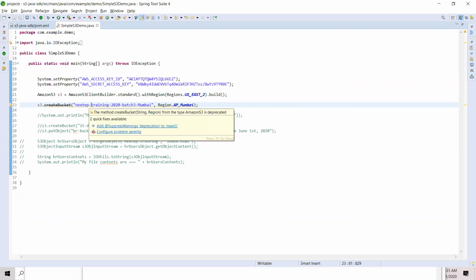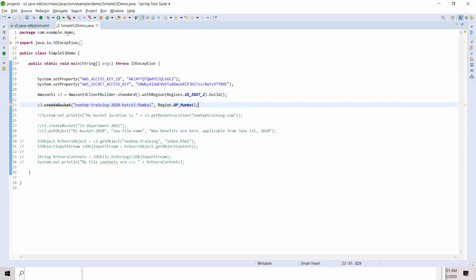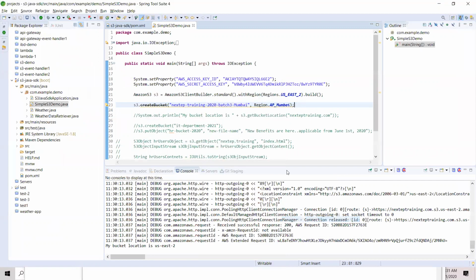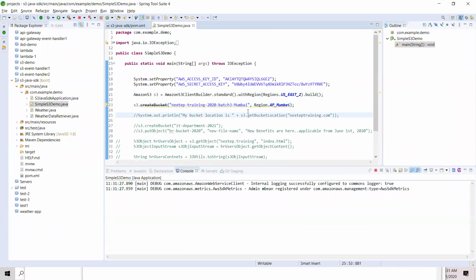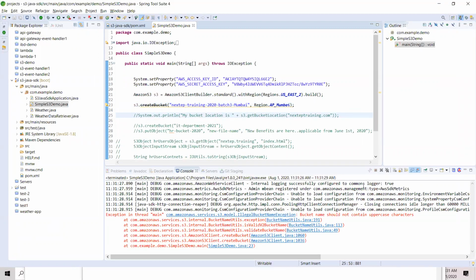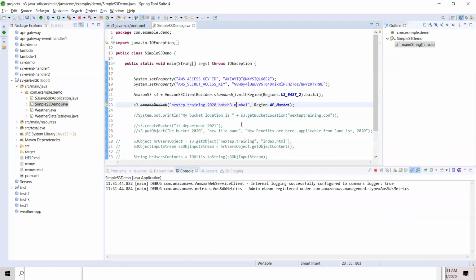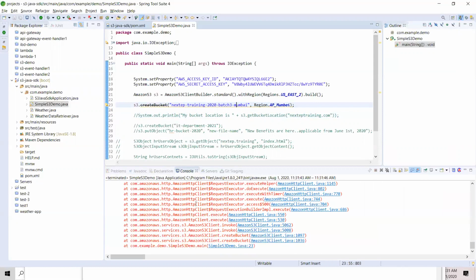The method is deprecated, rather use something else. That's fine. I don't mean this to be production ready code here. Bucket names should not contain any uppercase characters. Please, that's very, very important, guys. You know why they restricted it? Because of the DNS